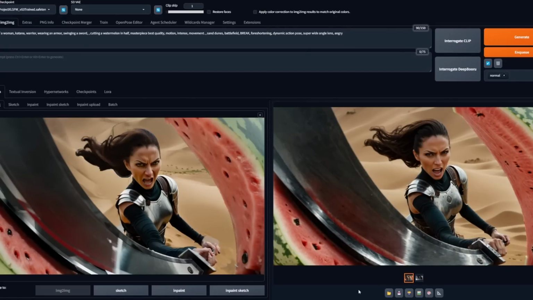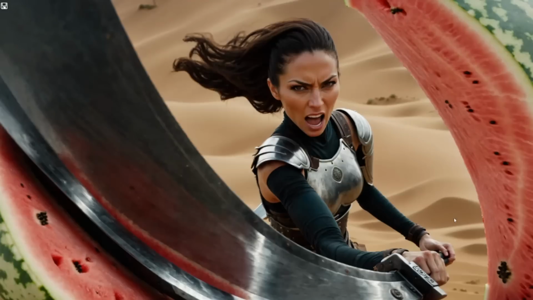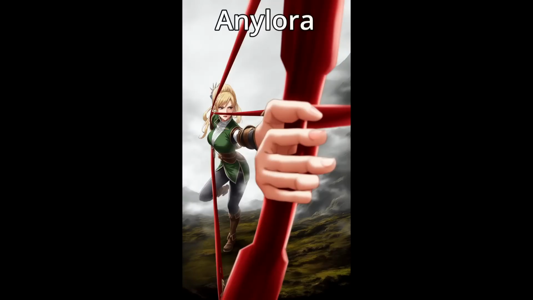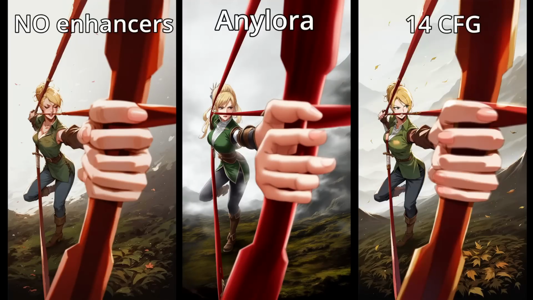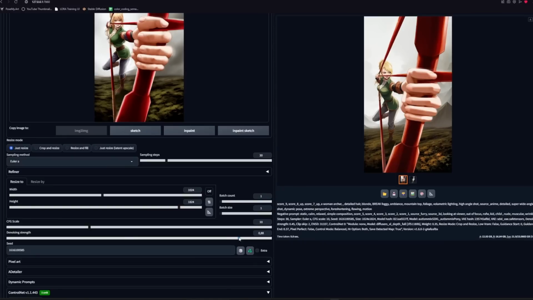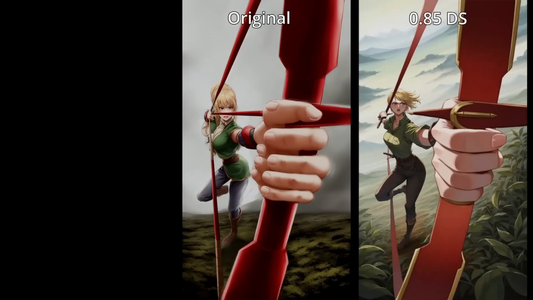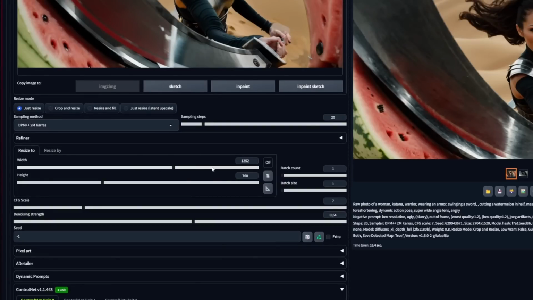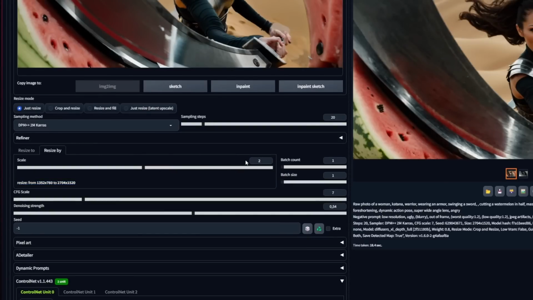For example, using Colossus XL and using 0.5 denoising strength, we will generate a result that looks better than what we had originally. You can try changing the checkpoint, the prompt, maybe touch the CFG scale, the ControlNet weight and also the denoising strength, using a high denoising strength if you want more randomness and less if less. It's also possible to upscale the image at the same time you iterate, which I will do.